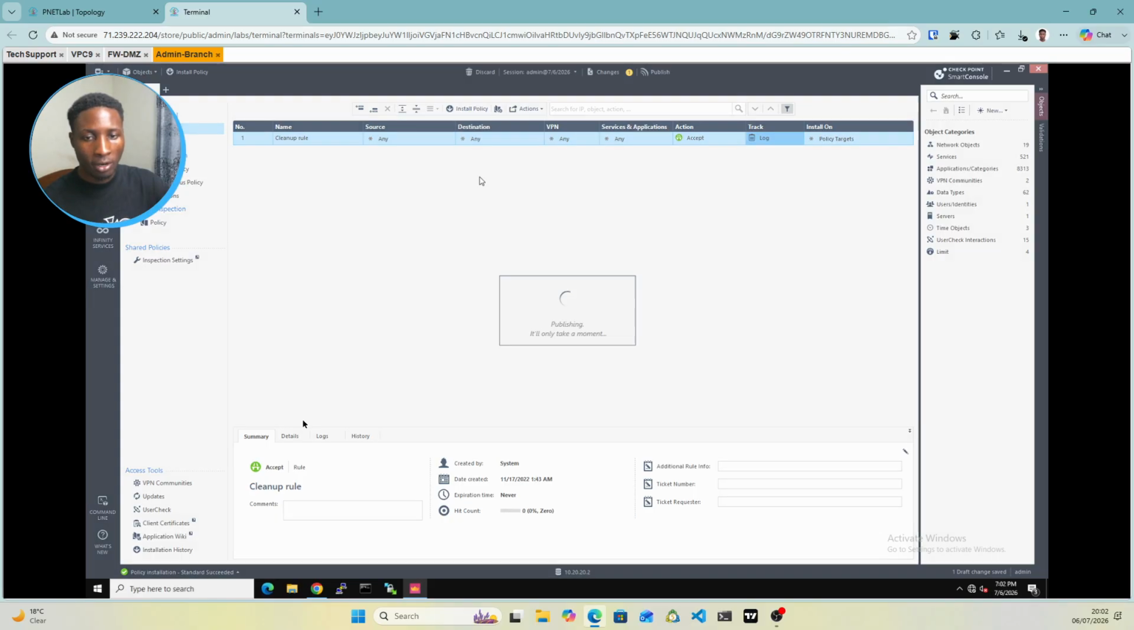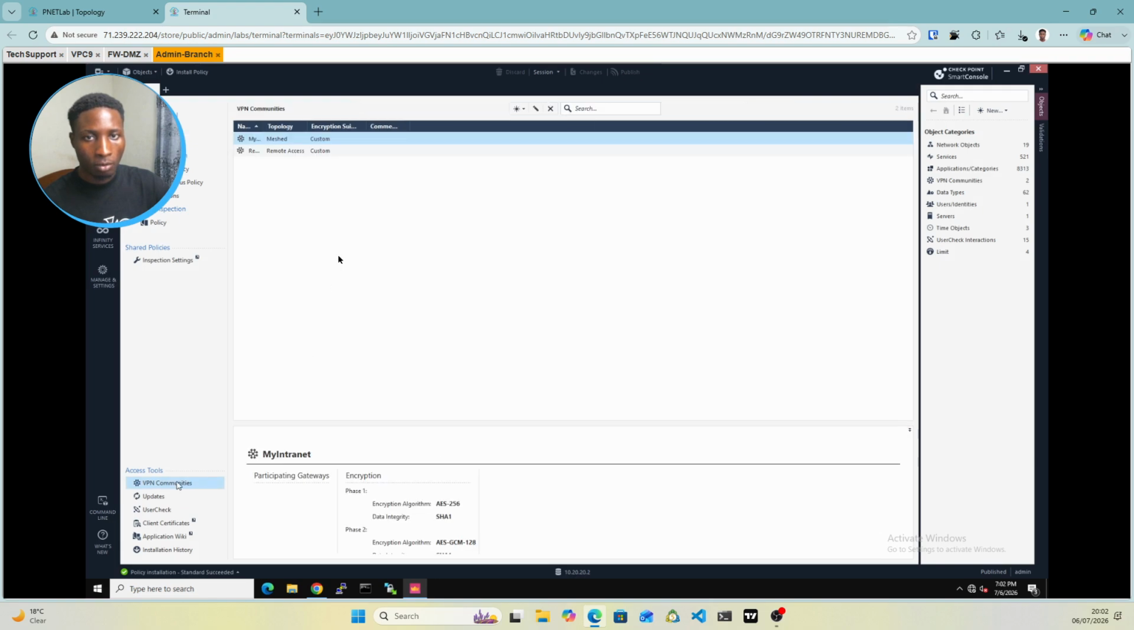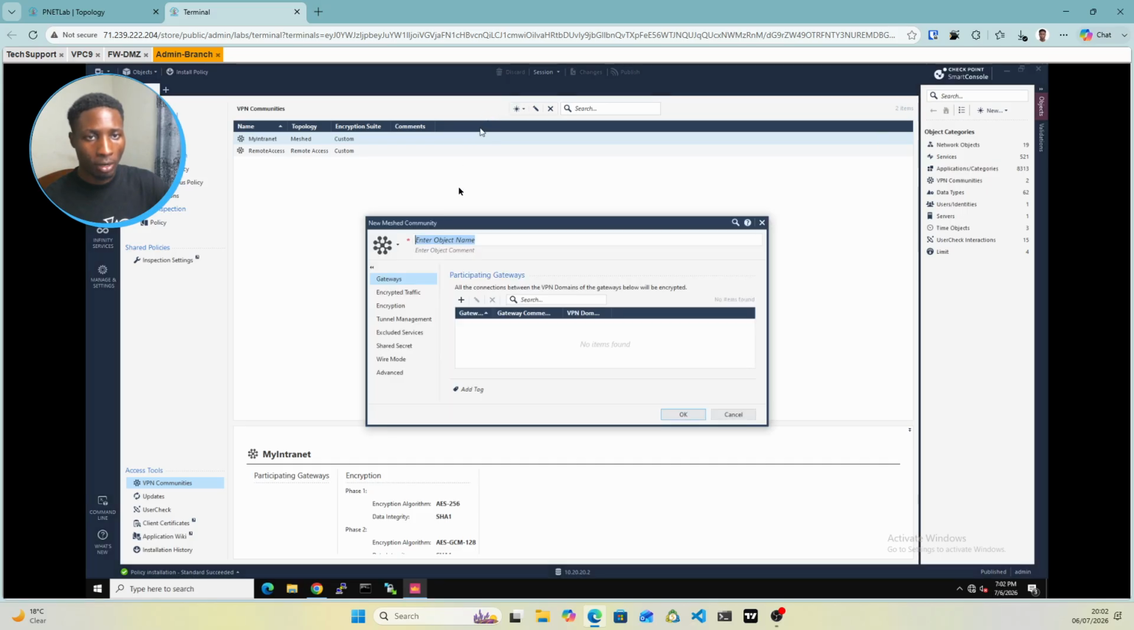So here, the next thing we have to do is create our VPN community now. So come to VPN Communities here at the bottom. Once it comes up, you can hit the star icon at the top here. We'll create now a mesh community. You can create a star or a mesh, any one you choose to, but there are some little differences between them. And here, I'll just give it the name S2S. You can give it the same name,